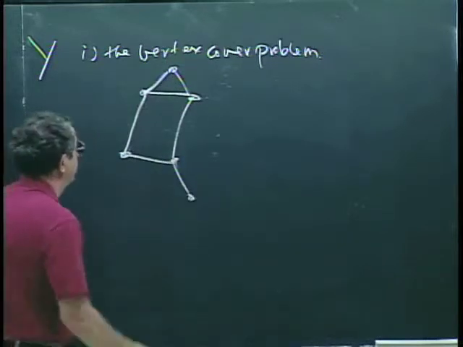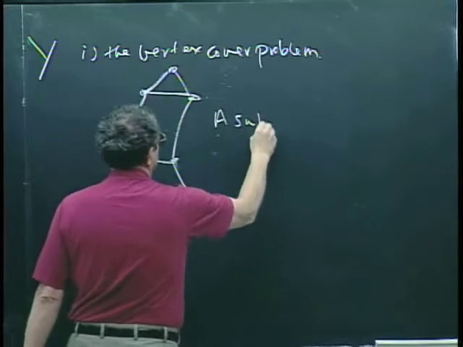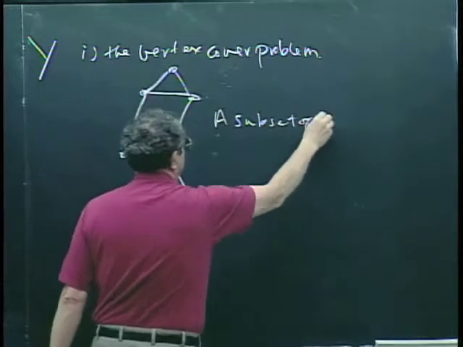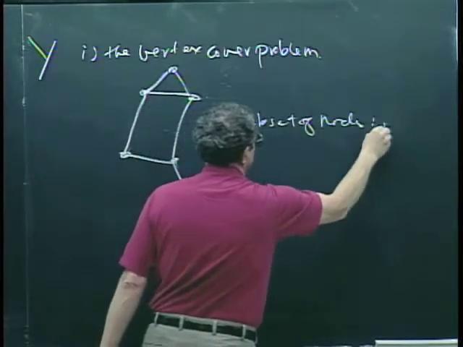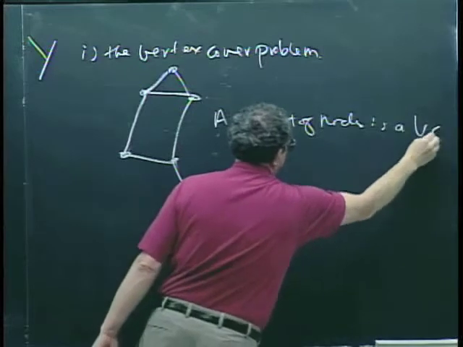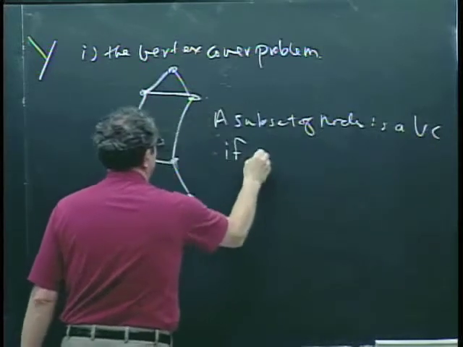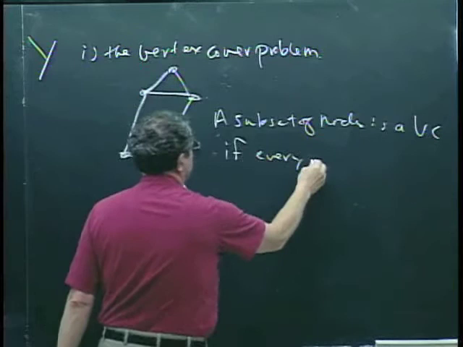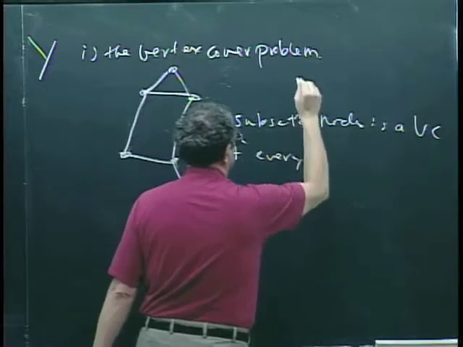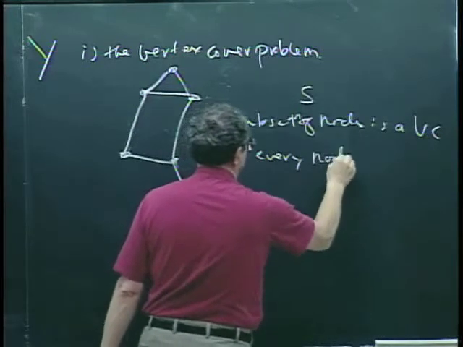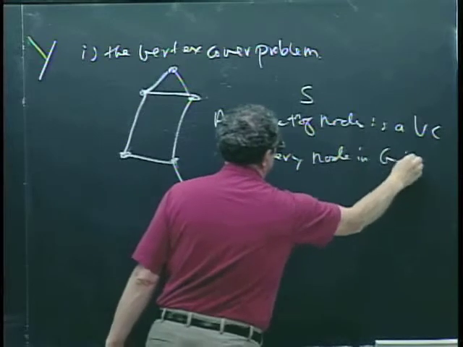Given a graph, a subset S of nodes is a vertex cover if every